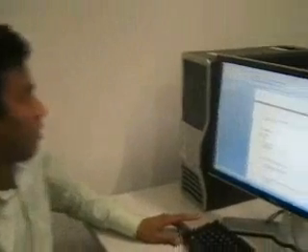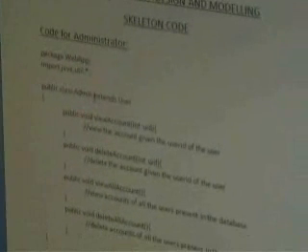Thank you, Tarek. And now I'm going to explain the skeleton code for this project. If you observe this skeleton code, I covered almost all the functionalities with all the requirements for development. It starts with the code for administrator, and this is implemented in Java. Basic functionalities like inheritance and polymorphism are covered. Inheritance is covered by using the extends keyword, like user is a superclass and admin is a subclass. So all the functionalities are inherited from user.